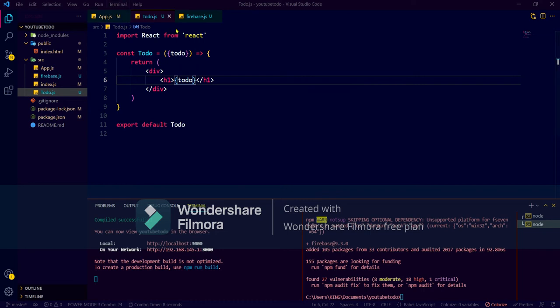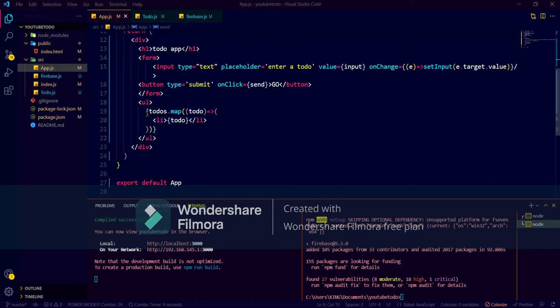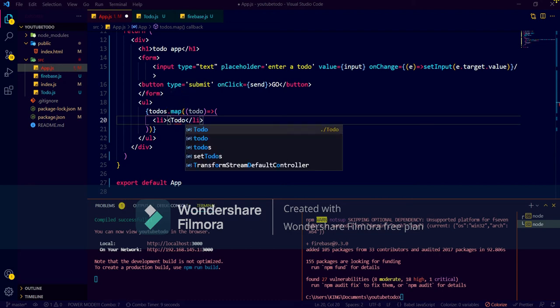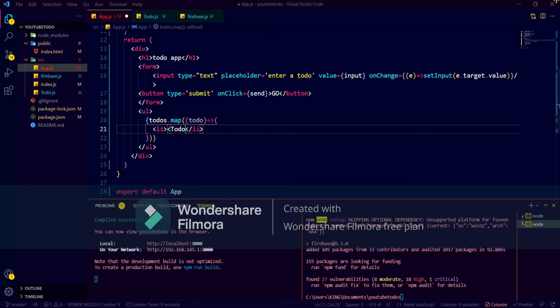Control S to save. We have to implement this in app.js. Here, todo, and we will hit enter. It will be automatically imported.